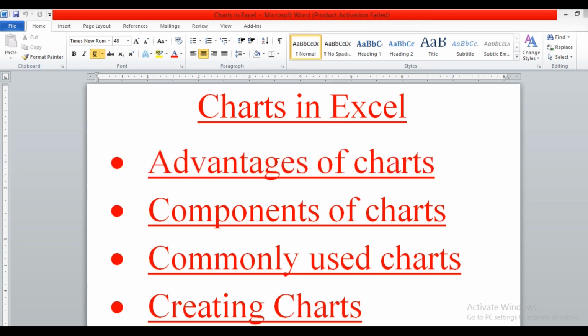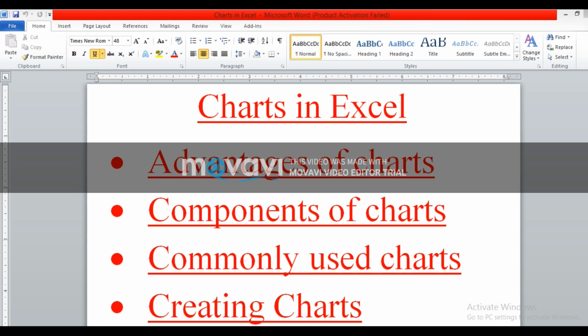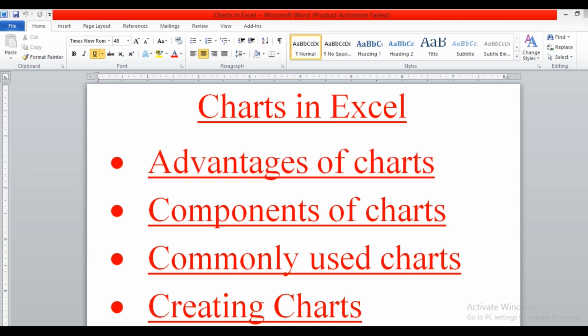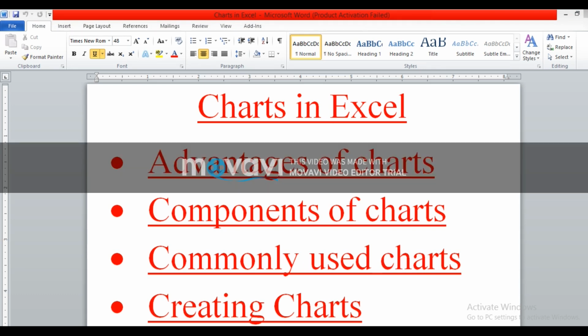If you represent your data in a pictorial manner, then it is easier to understand as compared to a simple spreadsheet. Charts have a more lasting effect on the mind than a simple spreadsheet. If you represent your data in the form of charts, then it gives a long lasting effect on your mind. These are the advantages which I have discussed with you. Then we can represent our data in the form of charts, which we have created in the spreadsheet.